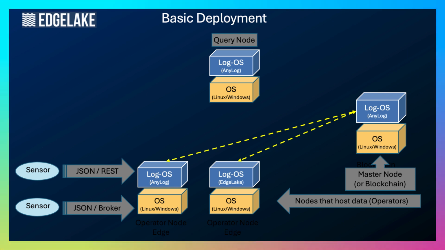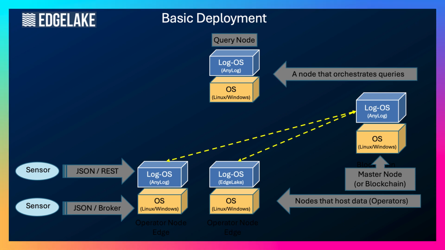And then finally, we have the query node. A query node orchestrates queries. A query node leverages the blockchain or the master node to understand what devices and what data is stored on what devices out there. And then when an application needs to query that data, it goes to a query machine. That query machine could run on any one of the machines in the environment. So any operator, each machine running edge operators could actually also run a query as well, or you could have